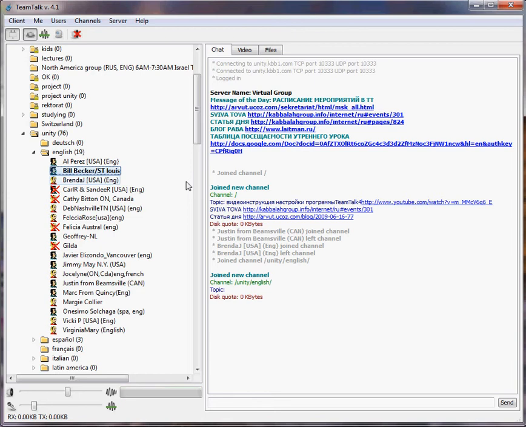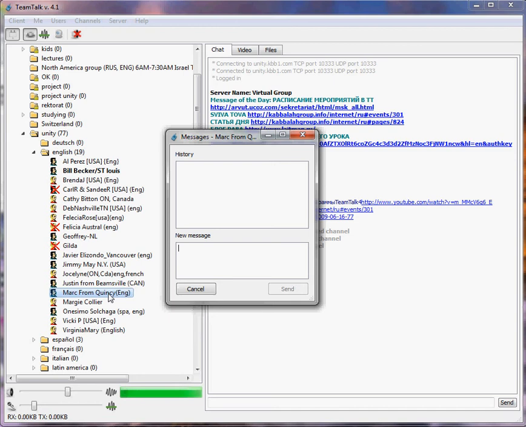Now, while you're here, rather than write something in this box, which you can if you want to send it to all 19 or however many people are there, but if you have something you need to ask of somebody or mention to somebody, you just simply pick their name. I'll pick on Mark, and we'll double click. And here is a box that opens up, and I will show you. I send the message,